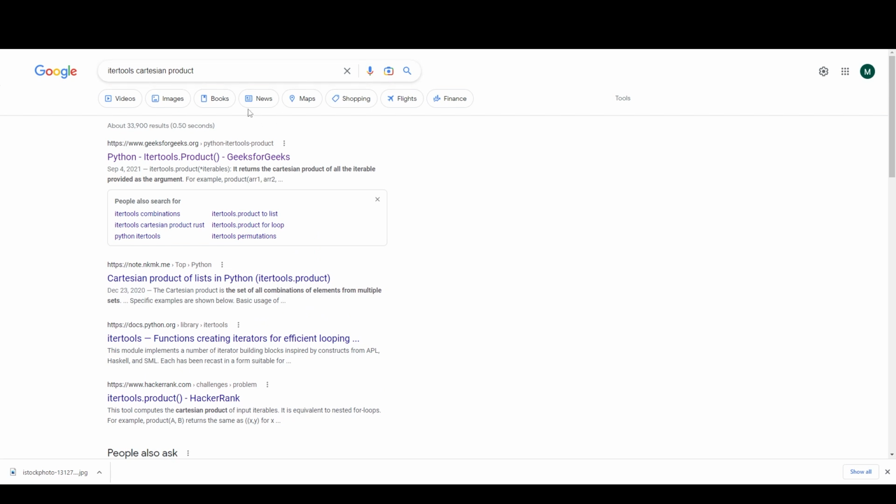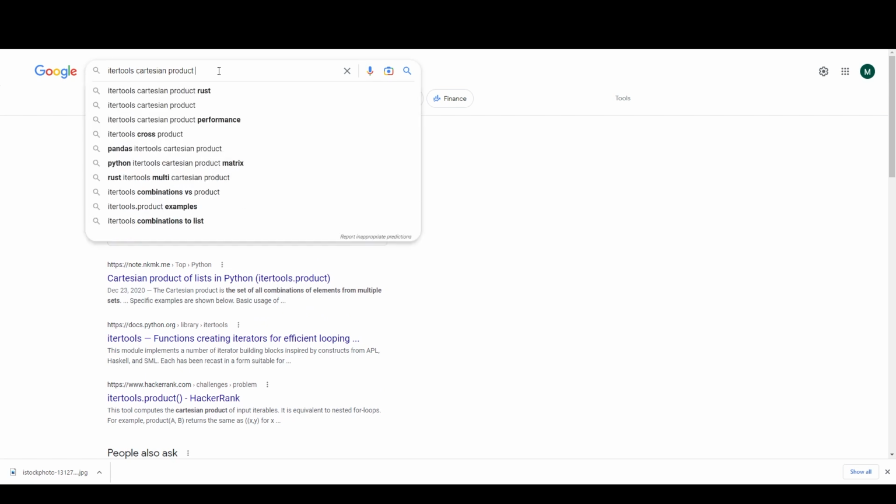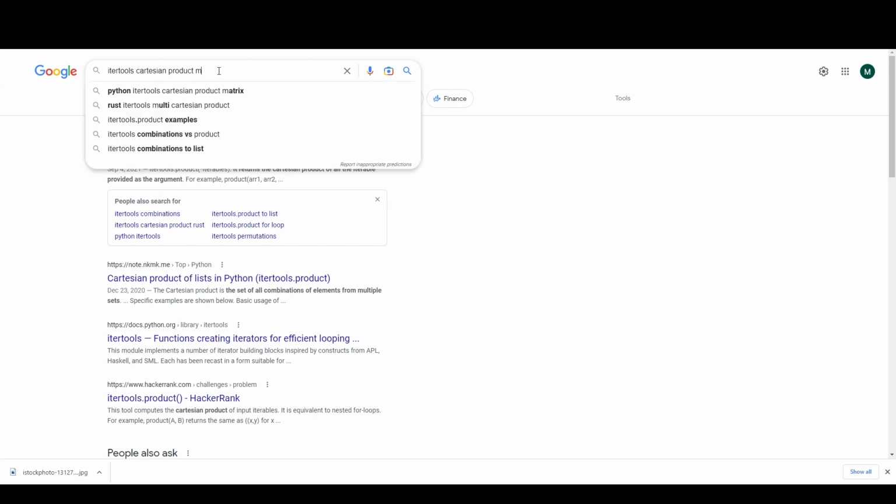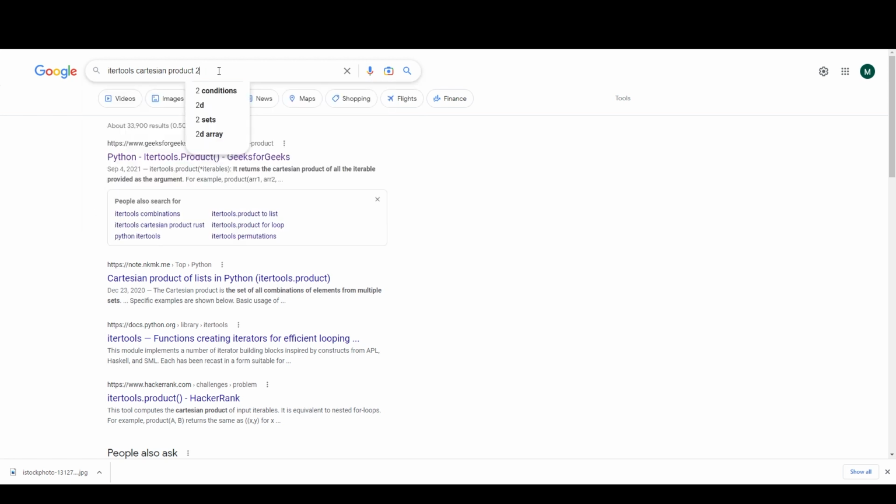Oh, cartesian product. 3, 4, 2, 3, 4 more.